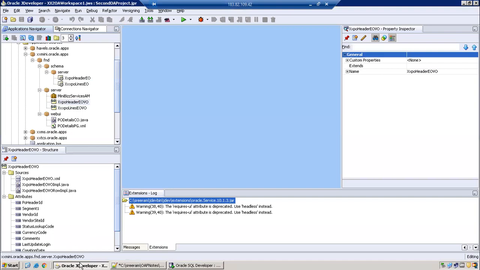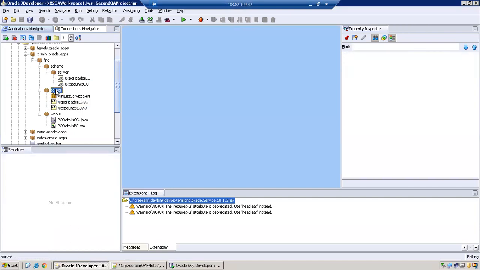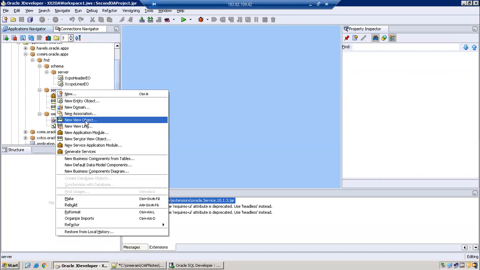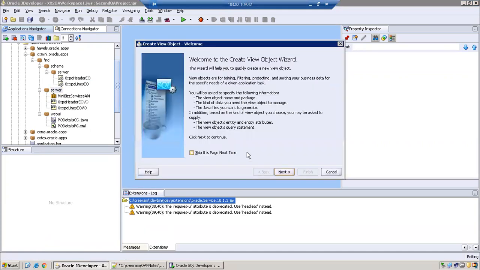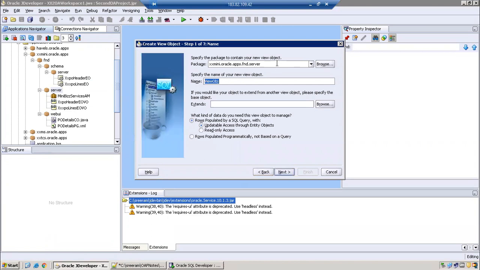Now in this server package, I'll say new view object, XX mini. Better name it as XX pivot details. This pivot should have been capital, but let it be: pivot details VO, read-only access.